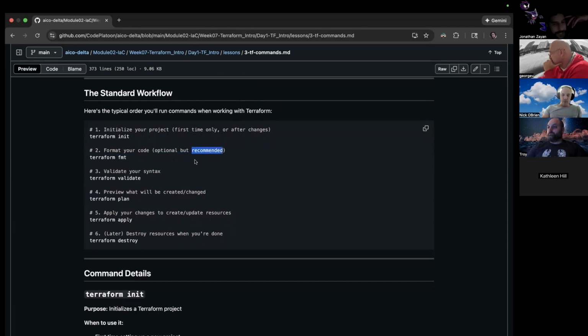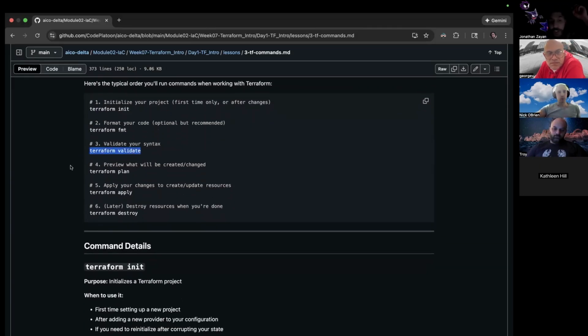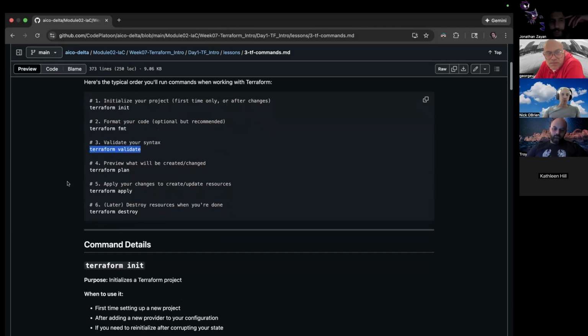And then we didn't talk about this one because it's optional. It says recommended. So terraform fmt for format. Essentially what it's going to do is format your code. But unless there's something else, it's just a linter. So if you already have a linter built into your IDE, you don't need this. It's just going to auto pretty it up for you, auto lint it. Then you have validate. This one will actually validate your code, ensure that it's rocking. There's a better explanation of that below, so we'll just read it as is.